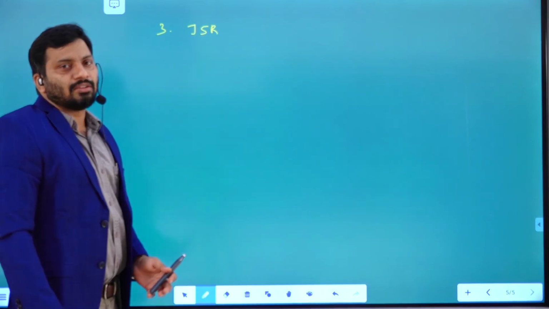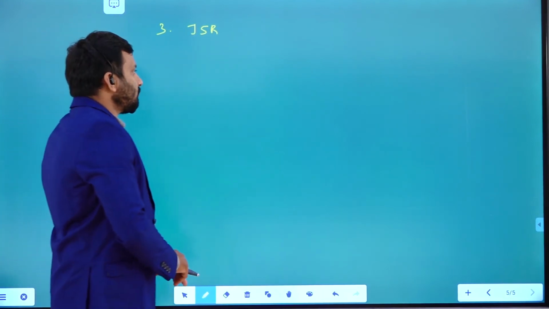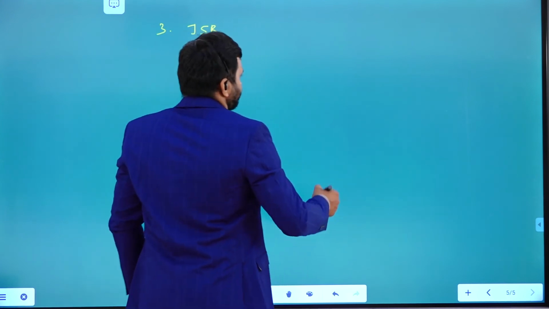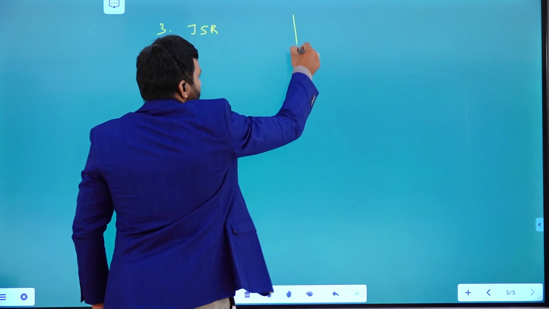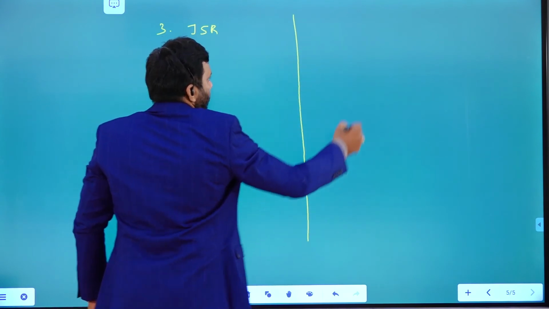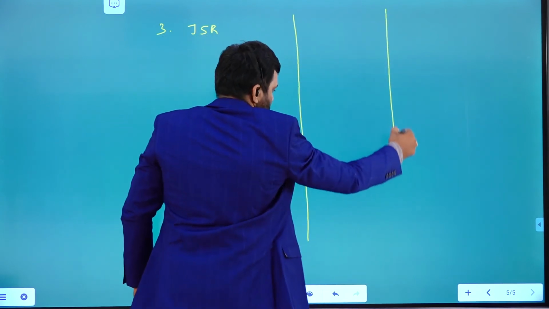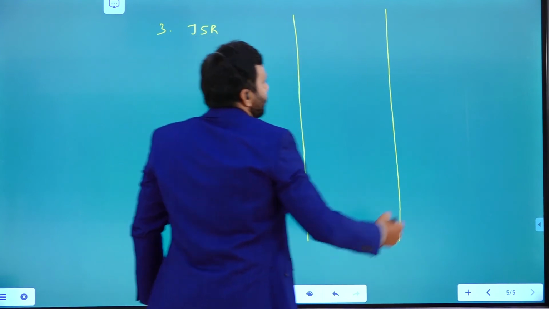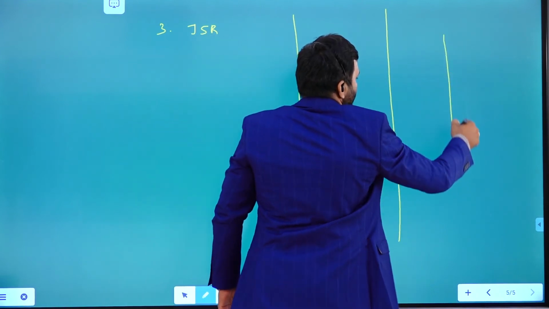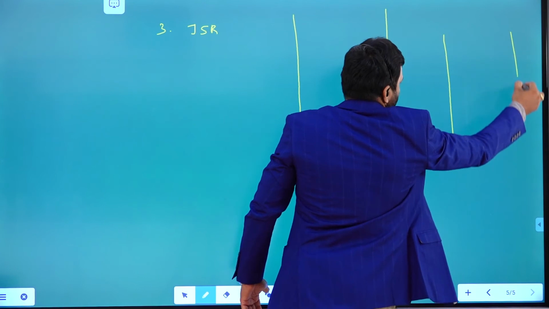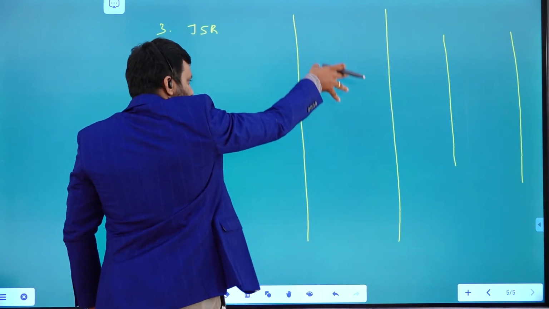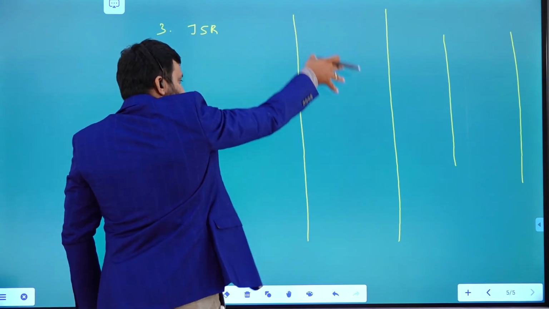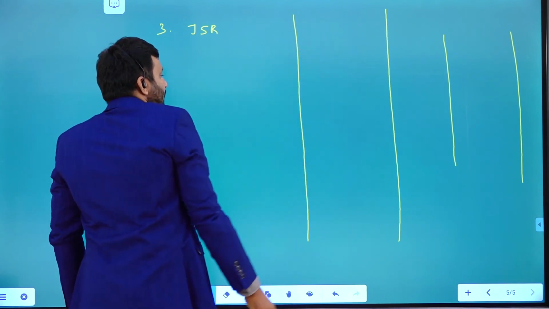You will see how this jump with subroutine works, right? Say here we have a main program like this, and somewhere in the RAM only you are going to write a subroutine program, right? Whatever rungs you are writing here are the main rungs, the main program.